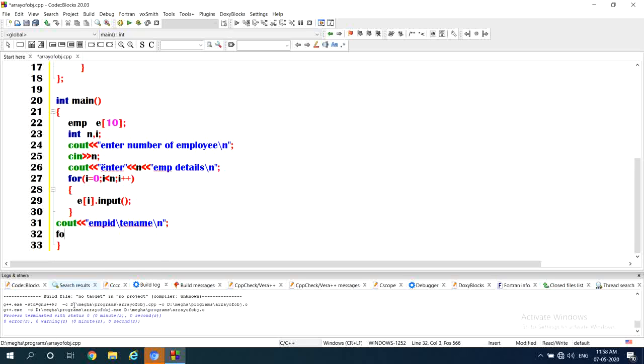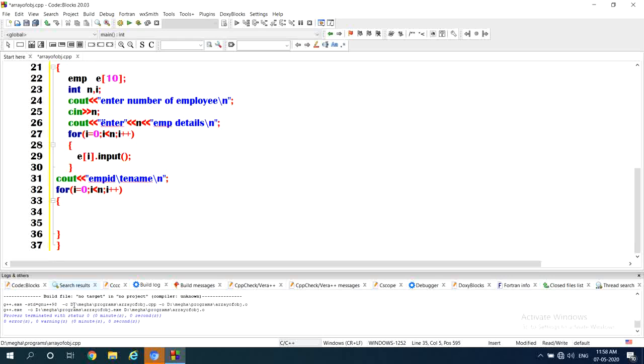Now again we have to write a for loop. For i is equal to 0, i less than n, i plus plus, then open flower bracket. This time which employee detail has to be displayed first? E of 0, E of 1, E of 2, like that it has to display.